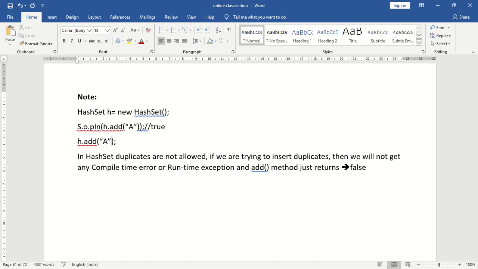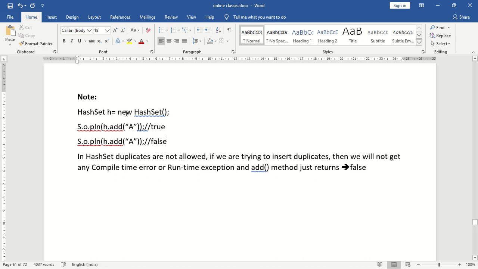Similarly, within the print statement, System.out.println(h.add(a)). Since a already exists, if I try to add a once again, what will happen? We will not get any compile time error or runtime exception. The add method just returns false. So remember this.